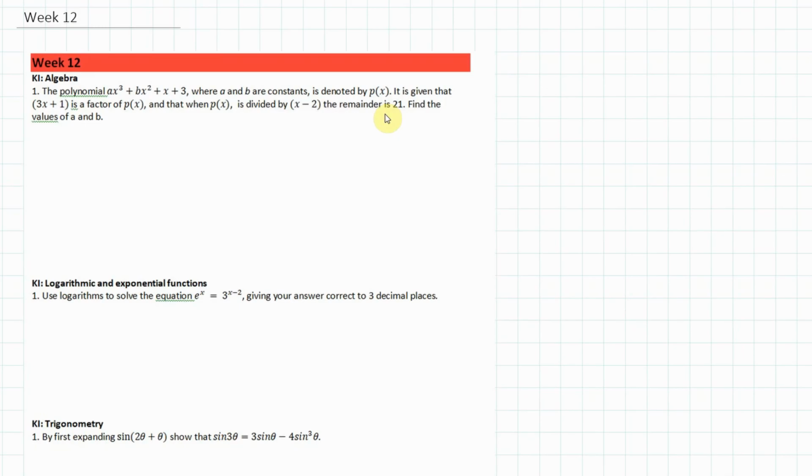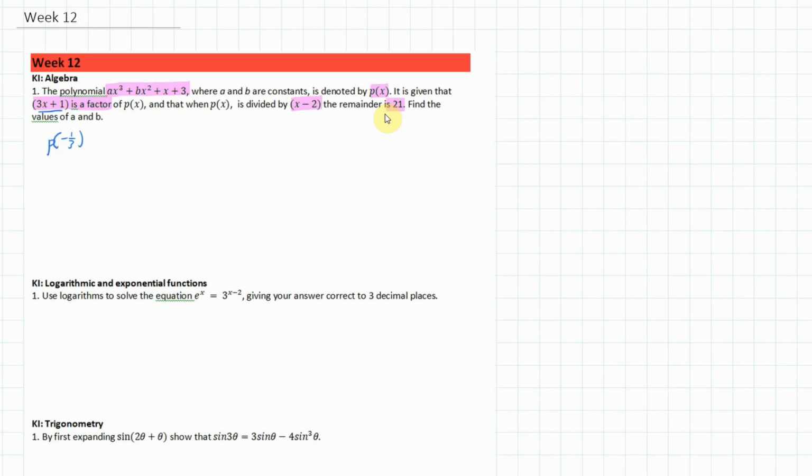First one is an algebra question. I think they're all past exam questions today. So this one here, we've got the polynomial ax cubed plus bx squared plus x plus 3, where a and b are constants, denoted by p(x). We know that 3x plus 1 is a factor, and that when we divide p(x) by x minus 2, we get a remainder of 21. So we've got to find the values of a and b, and this will be using, of course, a simultaneous equation. So if 3x plus 1 is a factor, that means that p